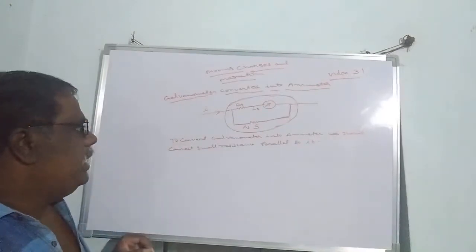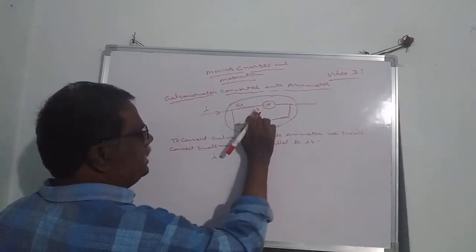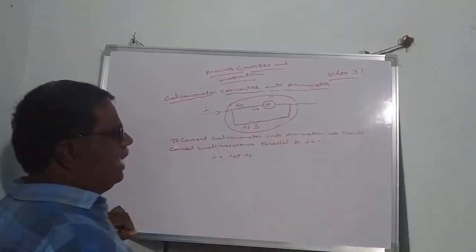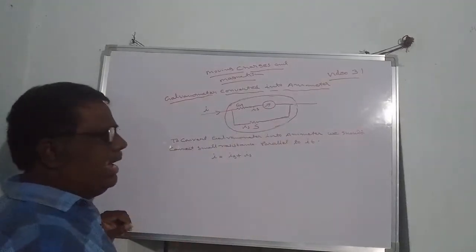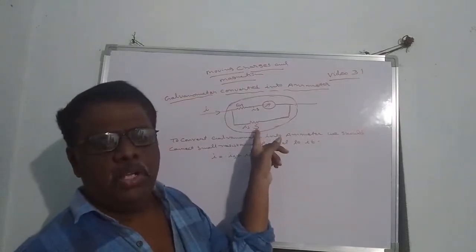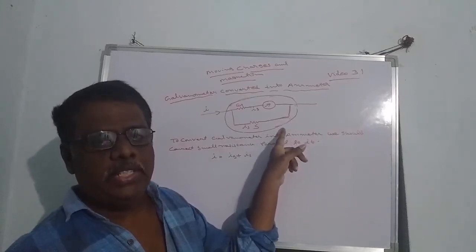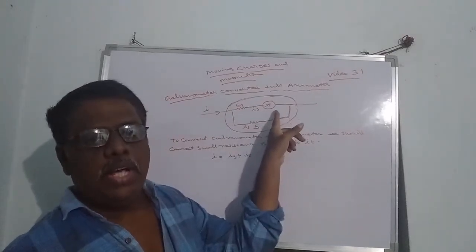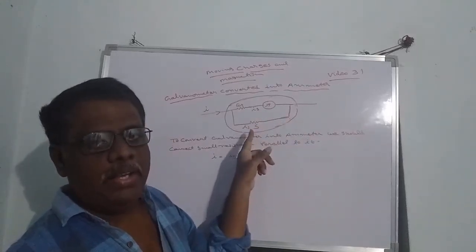So next, what is the total current in this circuit? Total current will be I. It will be divided into two branches, Ig plus Is. According to Kirchhoff's first law, the current will be divided into these two branches. One will pass through the galvanometer, another will pass through the shunt. Shunt resistance will be small, so a major part of the current will pass through the shunt resistance, because it offers low resistance, more current will pass. So it protects the galvanometer from high and large current. So the galvanometer will be safe because of this shunt resistance or parallel resistor.